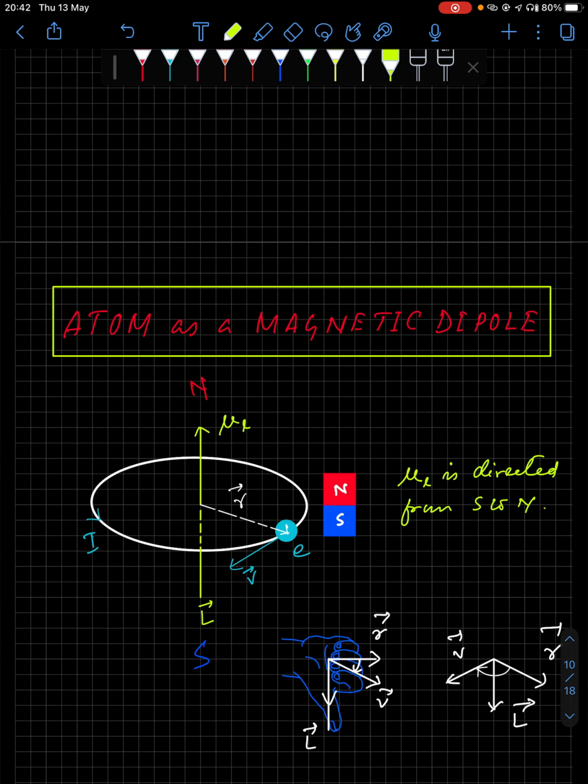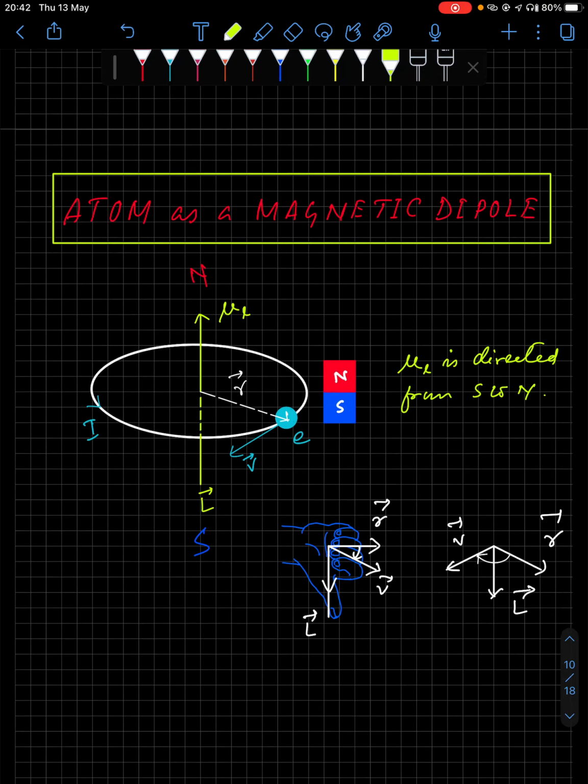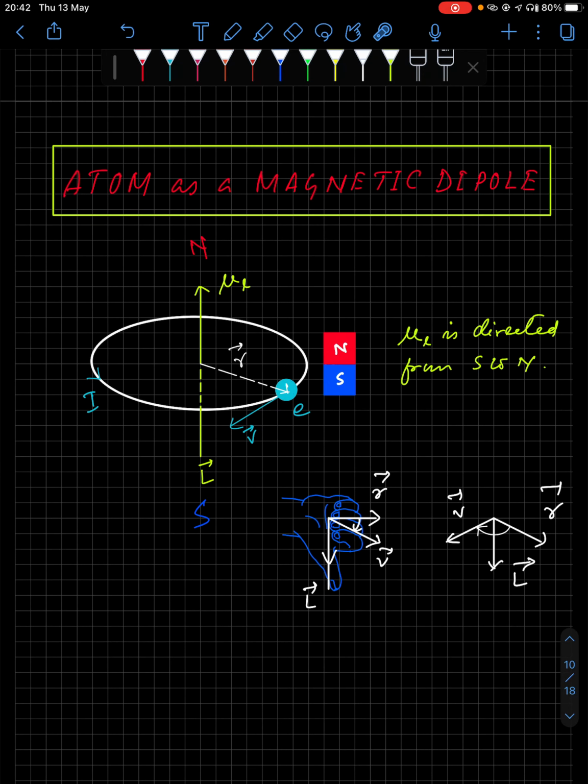Now we will see how an atom behaves as a magnetic dipole. So you see, in an atom, say the electron is revolving in this direction, then the direction of the conventional current will be opposite to that of the electron, right? So the current will pass in the anti-clockwise direction. In such a case, if you apply the right hand thumb rule, you will notice that the upward face of the loop, of the orbit, is behaving as the north pole, and the down face is behaving as the south pole, right?